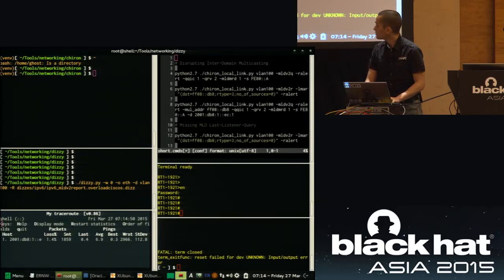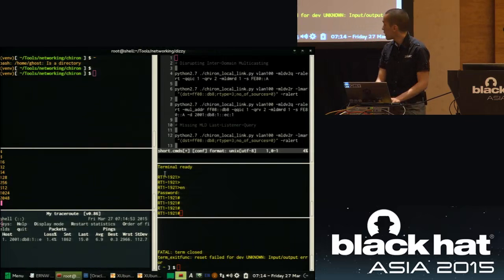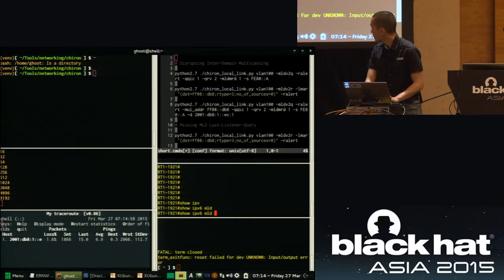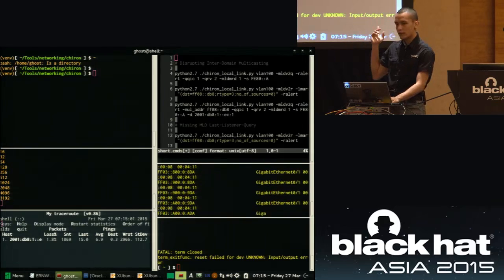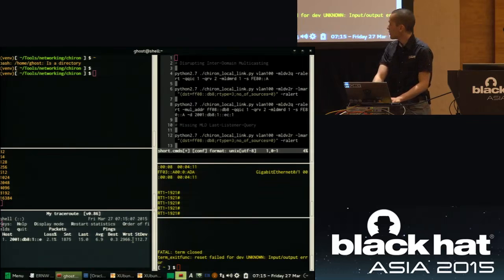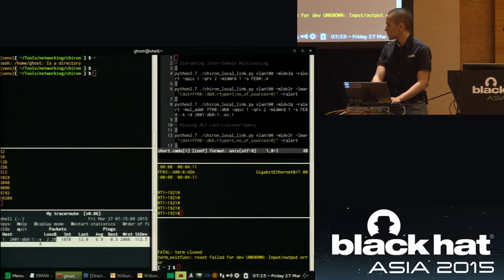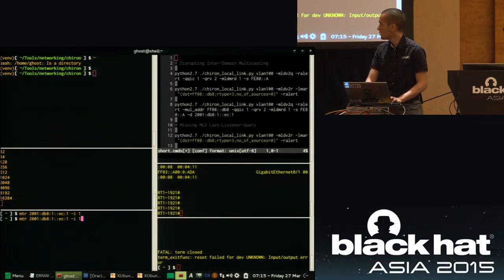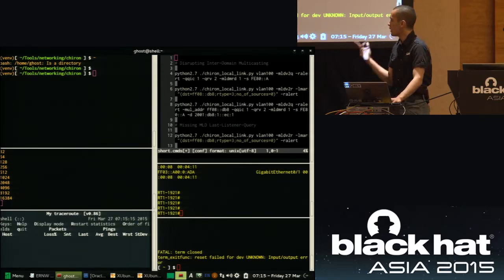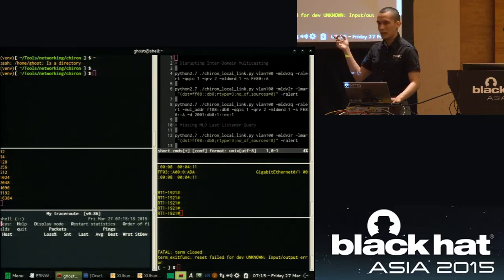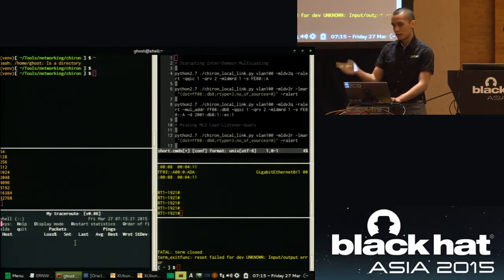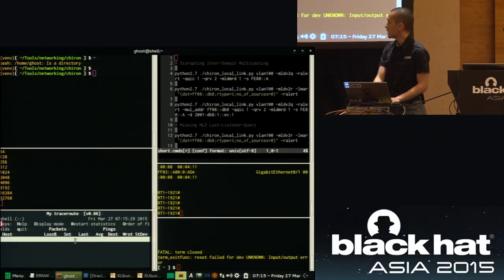So we start sending packets, and what we start seeing on the router is that there are a lot of groups which were joined, and the router tries to keep up with them. However, as you see here, the packet load starts going up. It's going up slowly because I had that command running for a while. But now you see that I'm not getting any responses from the other side of the router, from the outer side of the router. I'm not getting any replies.